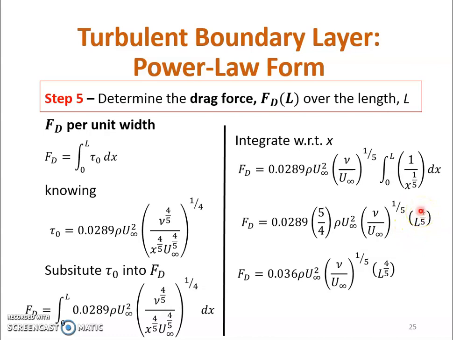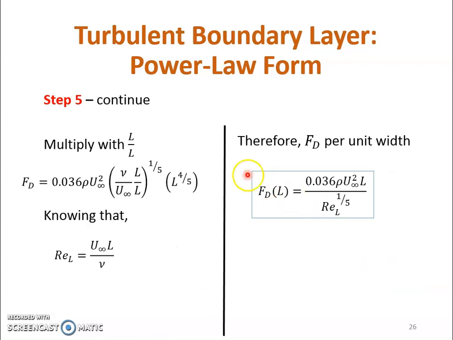So we can just rearrange and manipulate the equation. We can times the constant here, so we'll get this expression. Then we can rearrange our FD, so FD we can just write in terms of this expression. So if we were to simplify the FD to express in terms of the Reynolds number term,